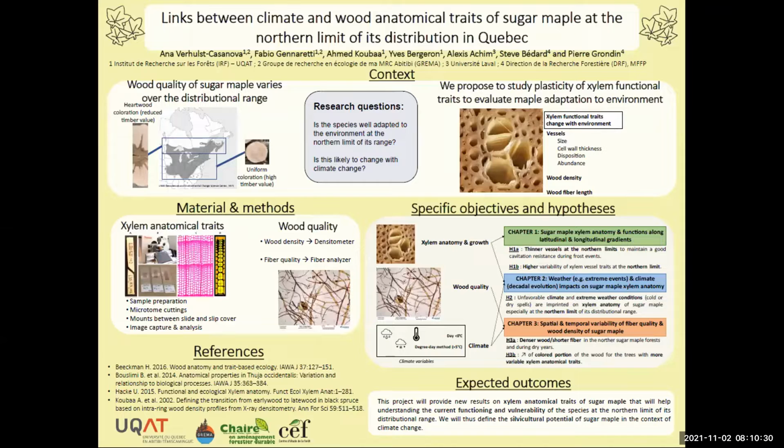I will study the link between the climate and the wood anatomical traits of the sugar maple at the northern limits of its distribution in Quebec. Northern populations of sugar maples present low wood quality. We often find what we call earthwood coloration, which